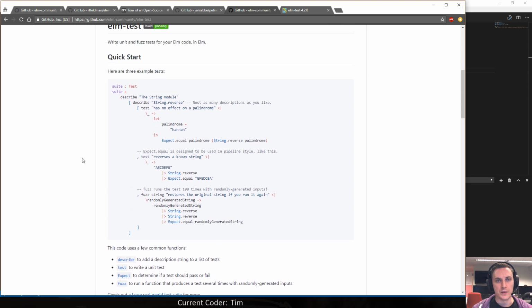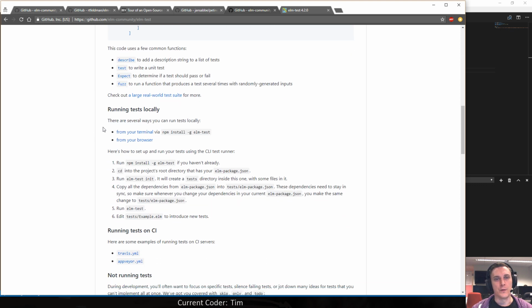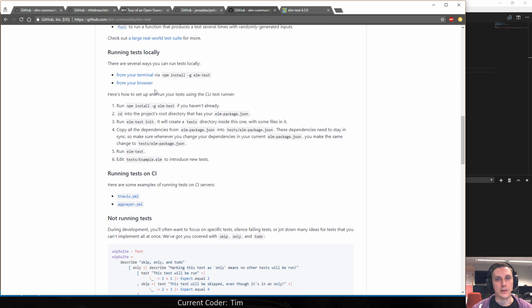So I'll try to explain it a little bit, or maybe I'll do it after we run through the installation stuff. Before you can actually start running your Elm tests, you should install globally the elm-test node package. I already did this, so that means I can run elm-test like this.